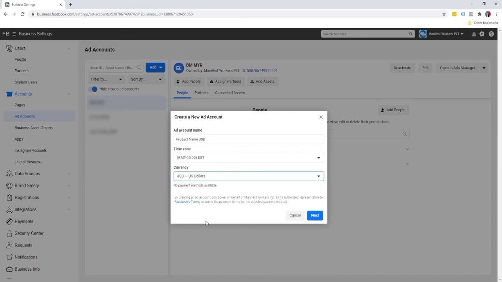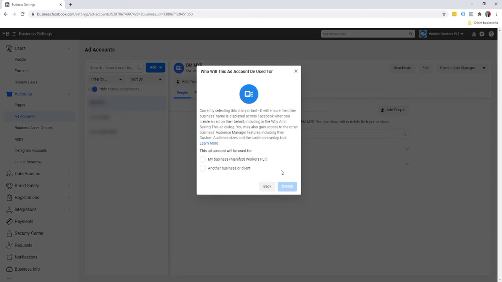Now, there's no right or wrong here. You can put it in whichever currency that you're comfortable with. It could be Sing dollars, it could be pounds, Australian dollars, it's totally up to you. There's no advantage whatsoever. So once we're done, we're going to click on next, and you're going to be asked